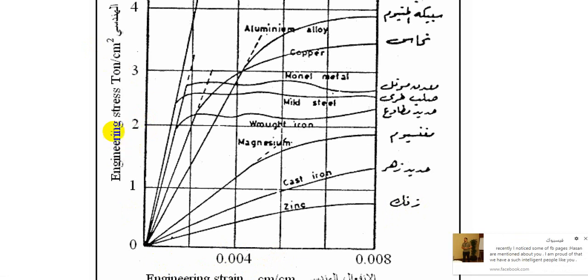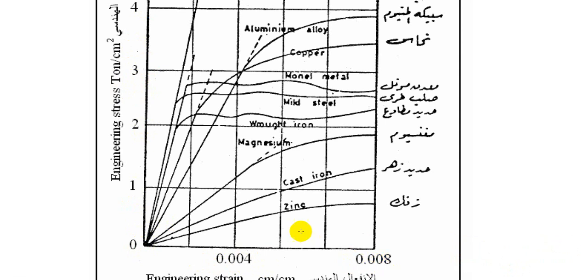The nominal stress is plotted on the vertical axis, scaled in tons per centimeter squared, with the values 1, 2, 3, 4, while the engineering strain is plotted horizontally with values from 0.00 to 0.008. As you can see, this zinc here